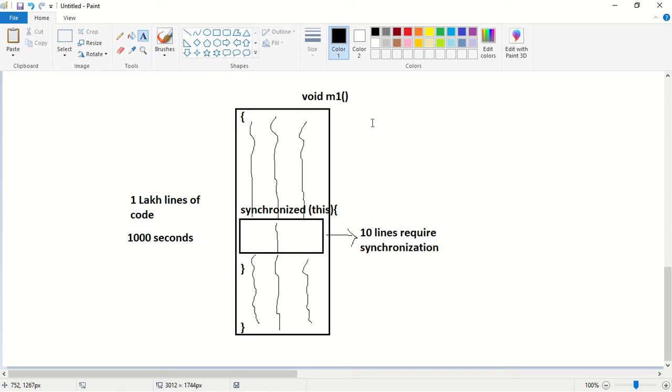Only after a thread has acquired a lock of an object or a lock of a class is the thread allowed to execute a synchronized method. Similarly, to execute synchronized blocks, the thread has to acquire an object level lock or a class level lock. Only after it has acquired the lock is the thread allowed to execute a synchronized block.